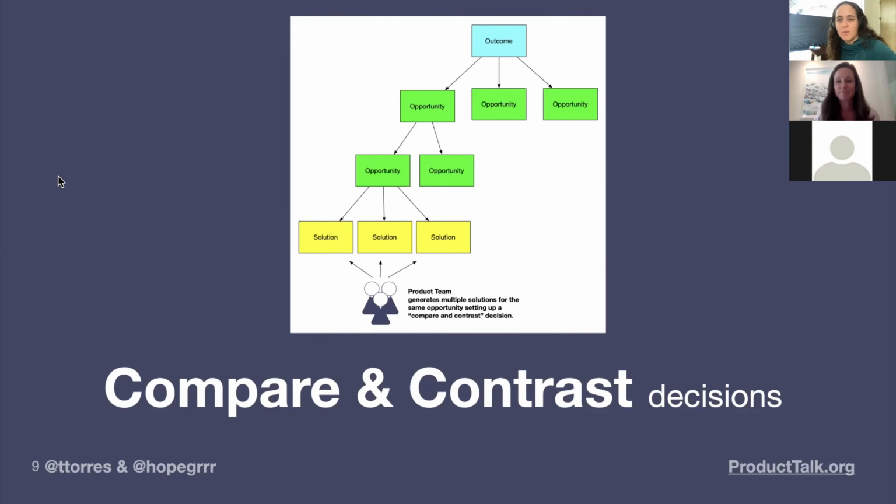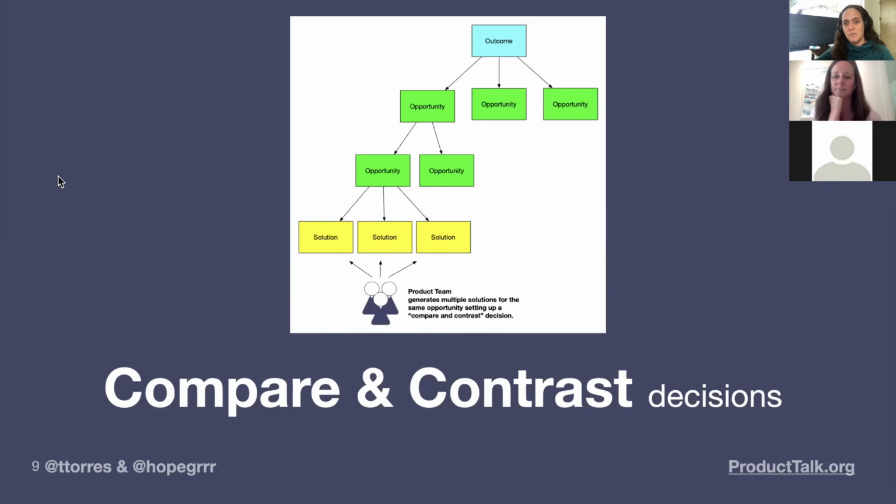Yeah, I want to clarify a couple things Hope said, because she used some terminology you might not be familiar with. One of the things that we teach is to create interview snapshots. They're just a one-pager that summarizes what you heard in a single interview. What's nice about that is that you don't have to worry about patterns, or whether you're hearing this from other customers. You're just capturing as much as you heard in an interview. So the question asker said, what if I'm hearing dozens of opportunities in a single interview? All of those would go on the snapshot.